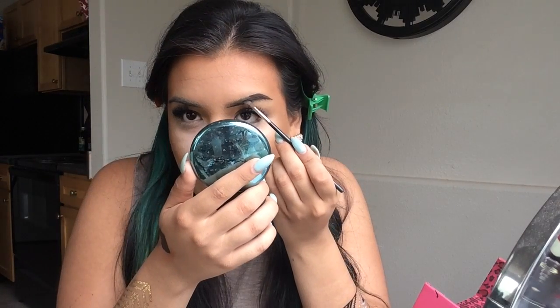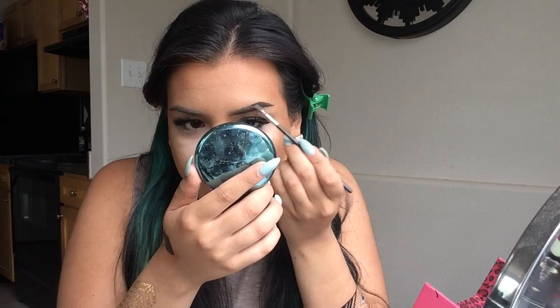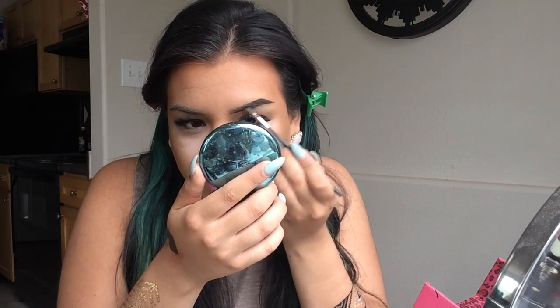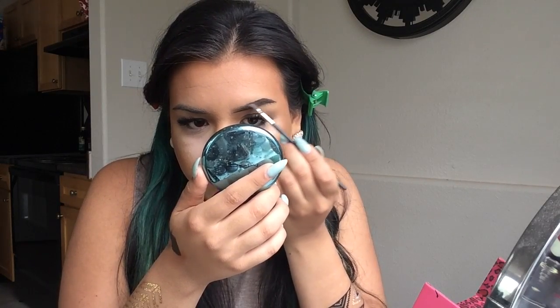And then I follow that line right there where we stopped. And then I very, very lightly just start fading it in. Like literally put the lightest amount of pressure onto your brow. You just want to start fading that in. And then with this line down here, I go ahead and take my brush like that, like flat